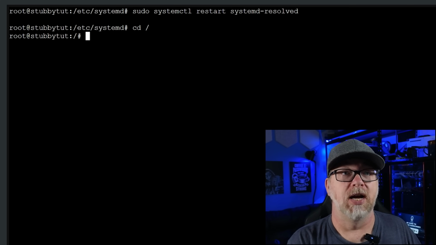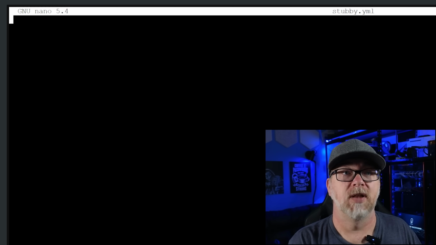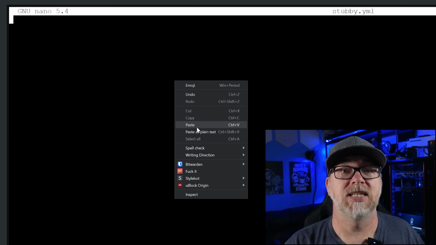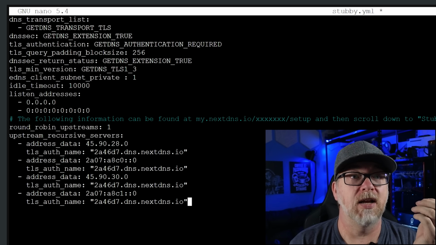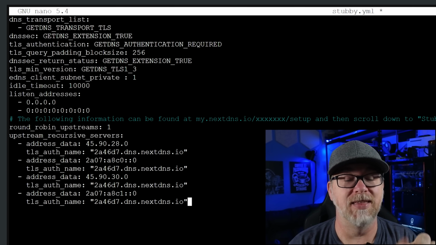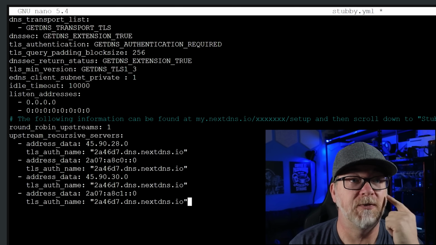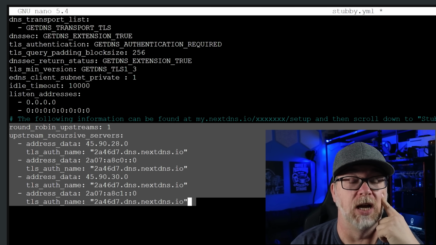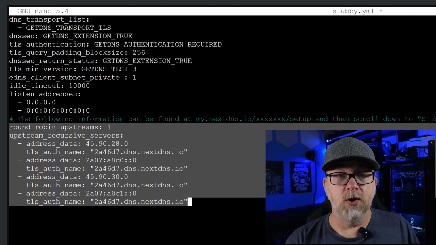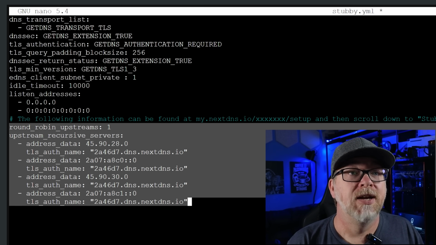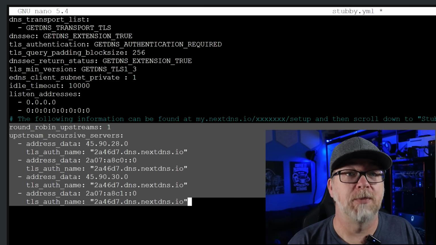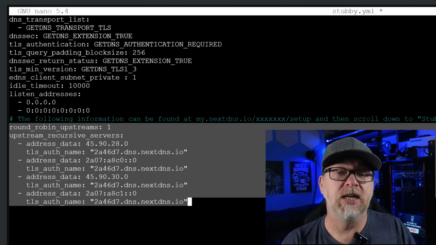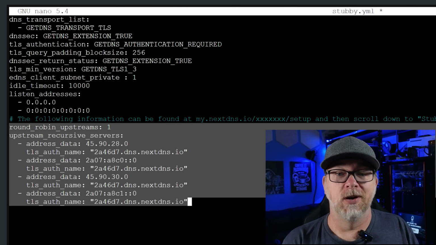So we're going to do nano stubby.yml like so. And then we're going to go ahead and paste in all of this. Now, basically, you don't need to change anything in this file except for these last several lines right here. So in order to get the information that you're going to need for where it says round robin upstreams equals 1, and then all of these upstream recursive servers